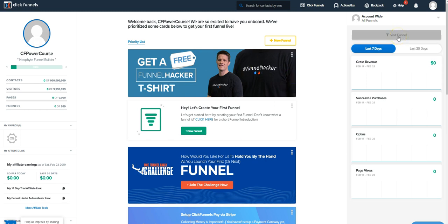And then the last but not least, over here on the right-hand side, you can see a breakdown of all your funnels. For the last 7 days and last 30 days, you can see the revenue, purchases made, opt-ins, page views. Obviously, this is a brand new account, so there's no funnels in the account yet, but you can select your funnel. You can also hit the visit funnel if we're on a specific funnel to find it easier and get a nice little breakdown here. So that's the basics of the